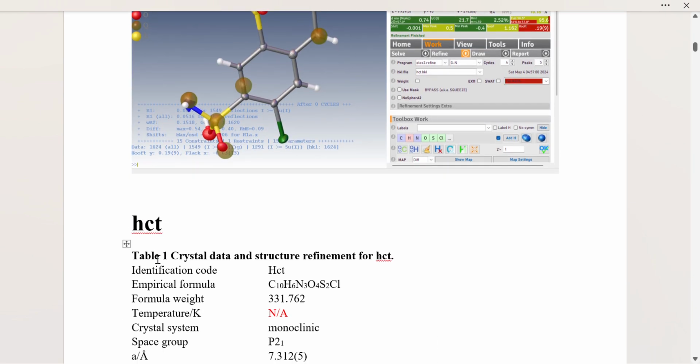In step 7, if the R value is still high, then we will click the anisotropic ellipsoid option and we will see a sudden change in the R value. Step 8, we will refine the structure until the required parameter turns green, which is a visual indication of good quality.